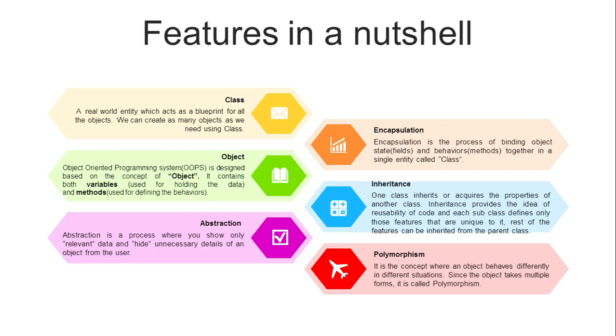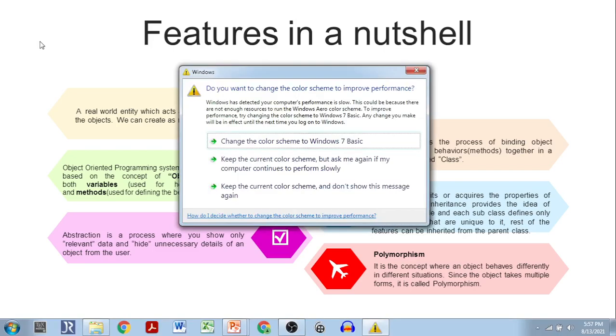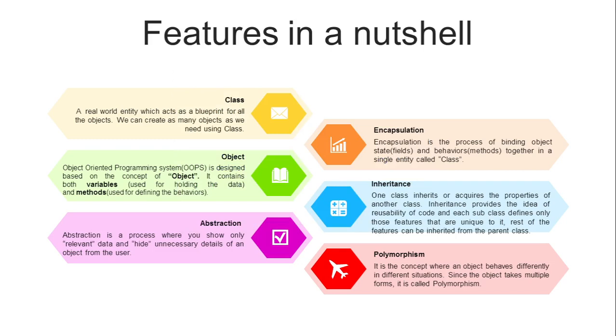Then the next feature of object-oriented programming is that it has objects. What are objects? An object is the foundation of every object-oriented programming language. An object consists of variables and methods which are defined in its class. So we can create objects from a class, and that object holds as many variables and methods of that particular class. As you understood, a class is a logical structure based on which the objects are created, which is a physical structure